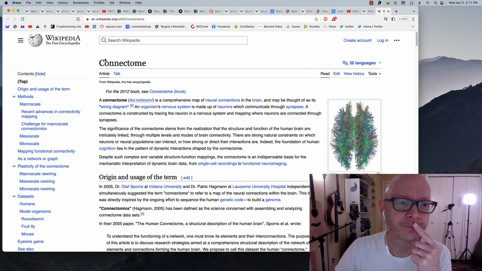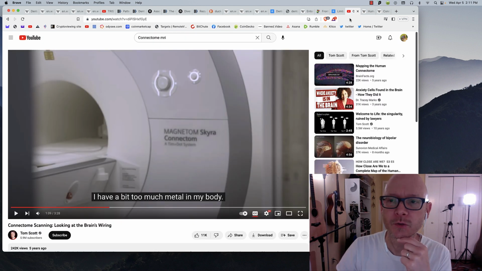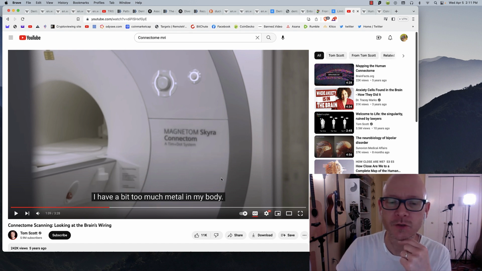This right here, the CONNECTOME, and this project here, the Human CONNECTOME Project. And the CONNECTOME is the pursuit to map as many of the connections of how the brain connects. It's a brain map, how the brain connects in